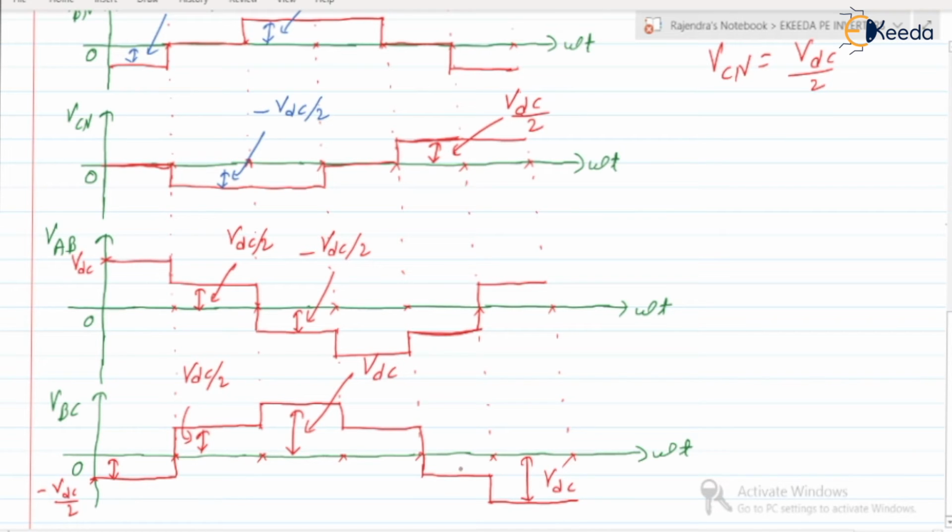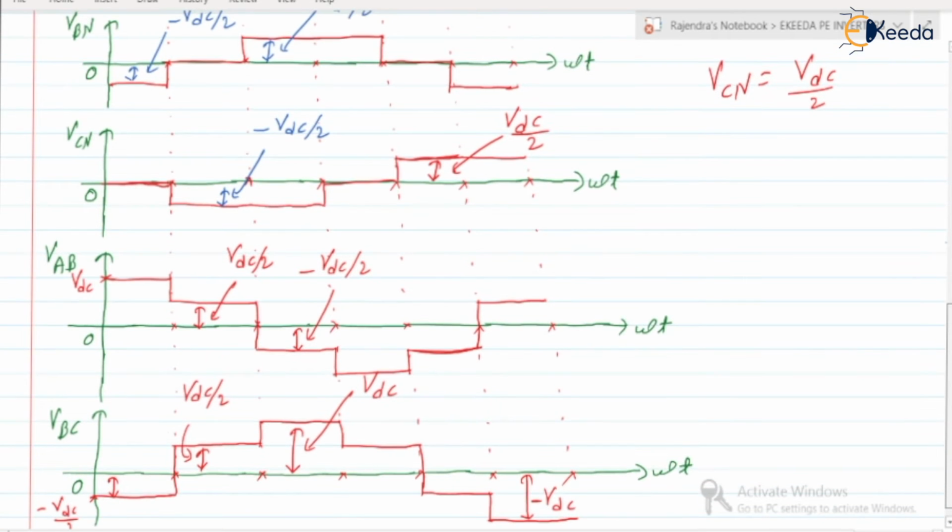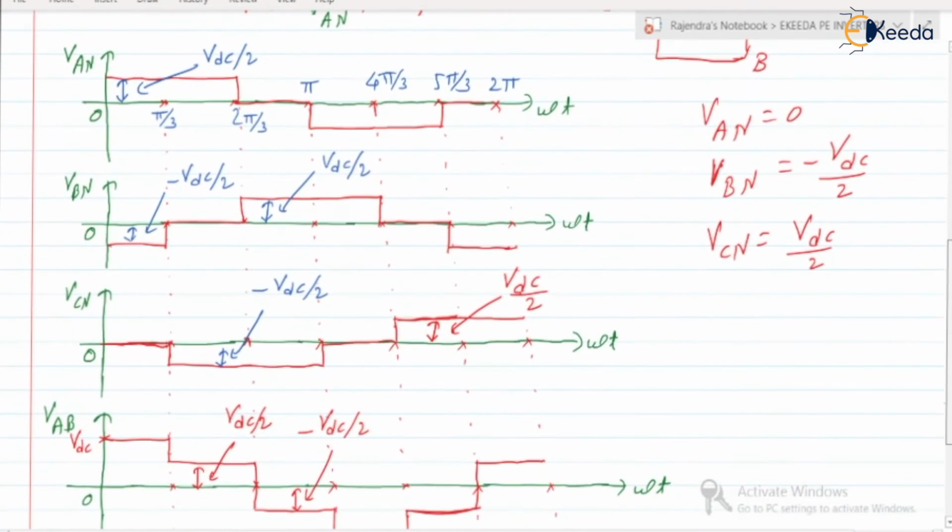Okay, this magnitude is minus VDC, right? So this is about the line voltages VAB, VBC. Similarly, we can draw for VCA as well. Okay, now if you check the nature of the phase voltage,